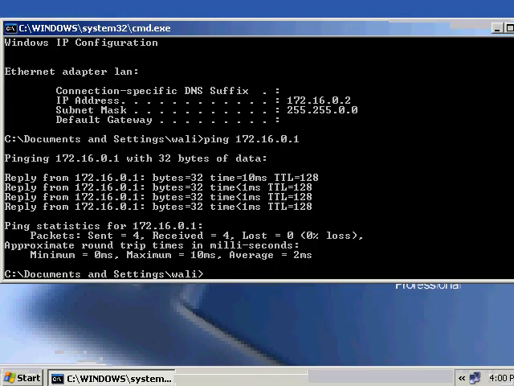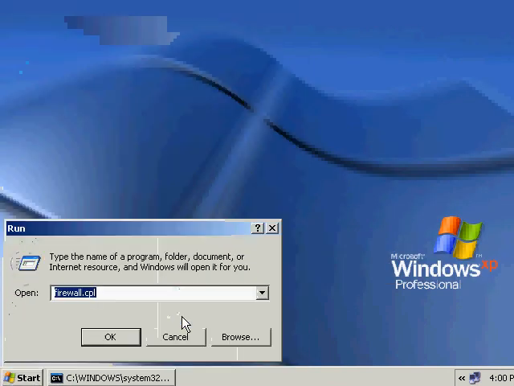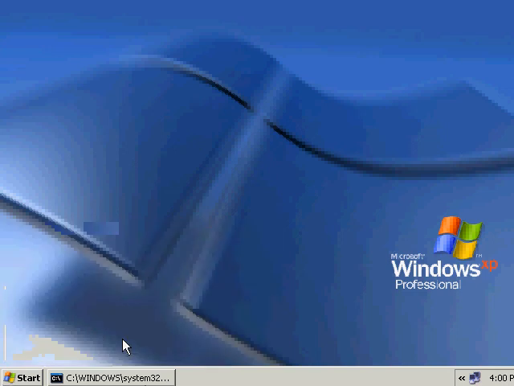Now I am going to access this folder from Windows XP. To access any folder, you have to click on Start menu, Run, and type \\ and the IP address of the machine that you want to access. So I am going to access Windows NT. So I typed 172.16.0.1.